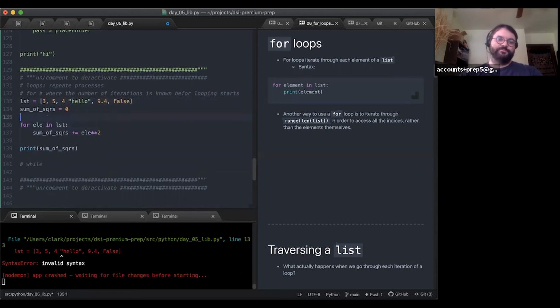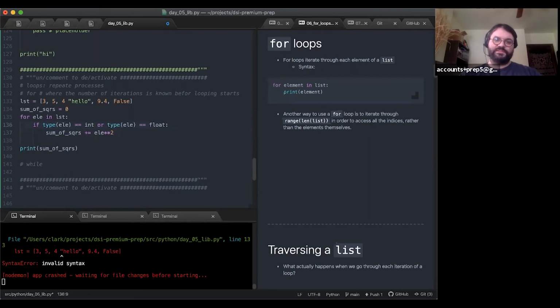So I only want to do this if the element is an int or a float. So I have to do if type of ELE equals int, or type of ELE equals float.